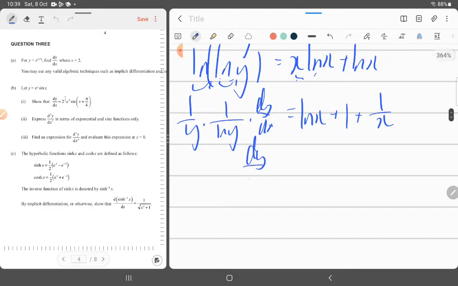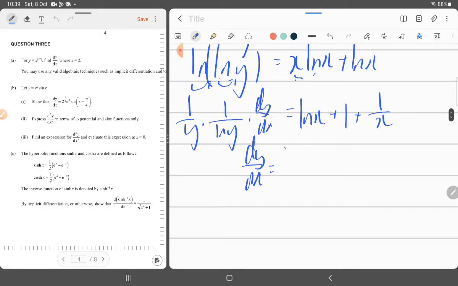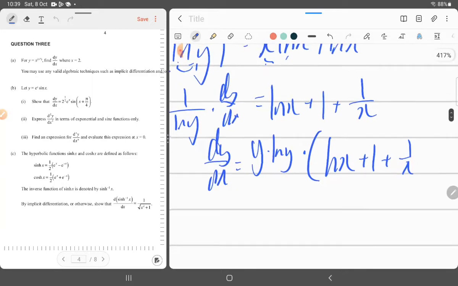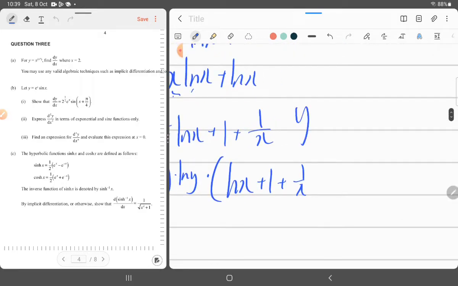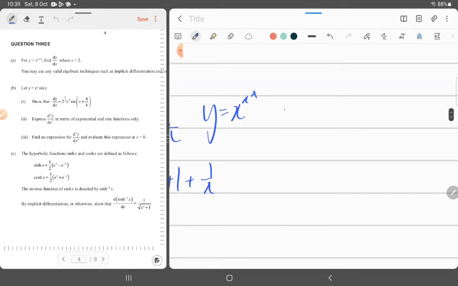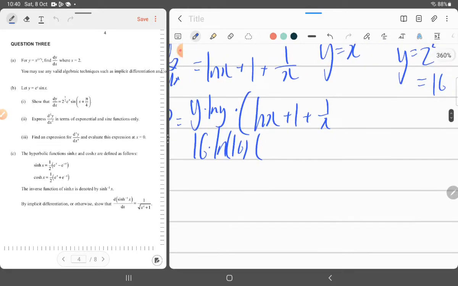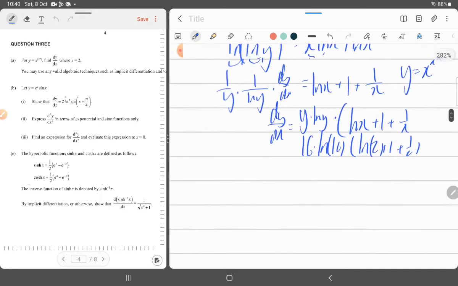So dy over dx is equal to y times natural log of y times natural log of x plus 1 over x. Instead of rearranging to find natural log of y, we can just say y equals x to the power x. So y is equal to 2 squared, which is equal to 16. So 16 times natural log of 16 times natural log of 2 plus 1 over 2, which is equal to